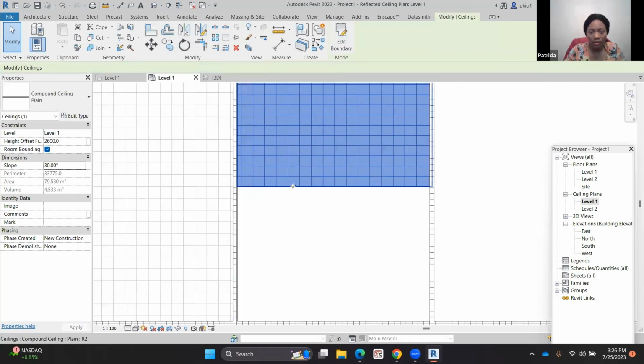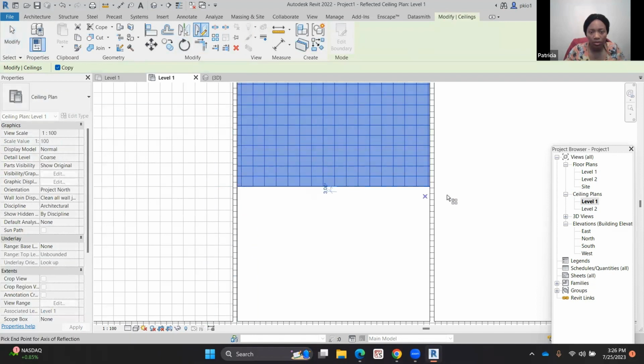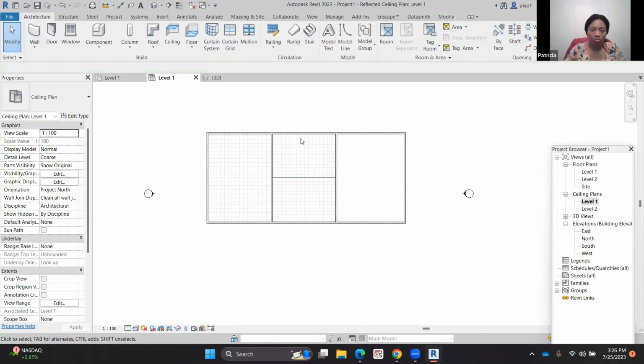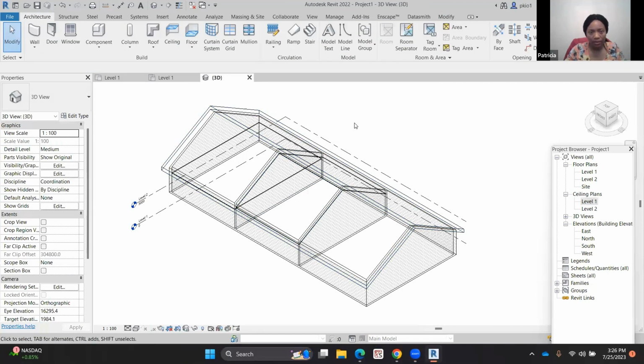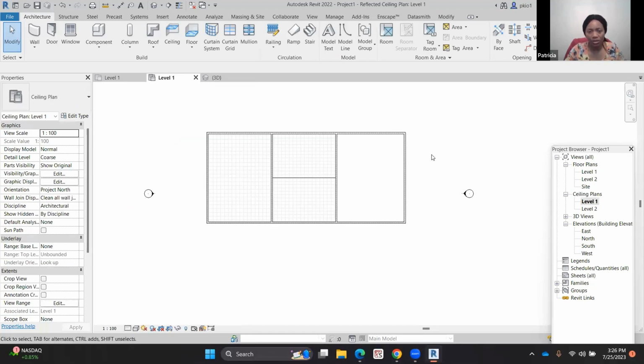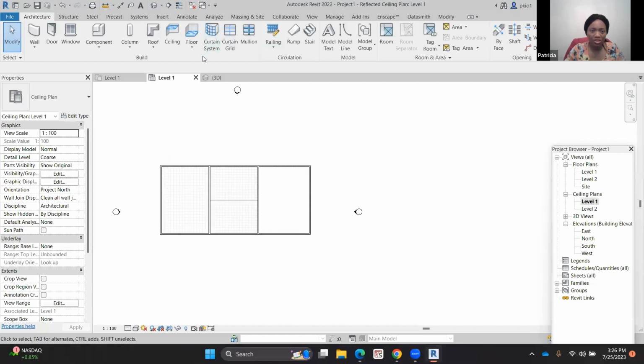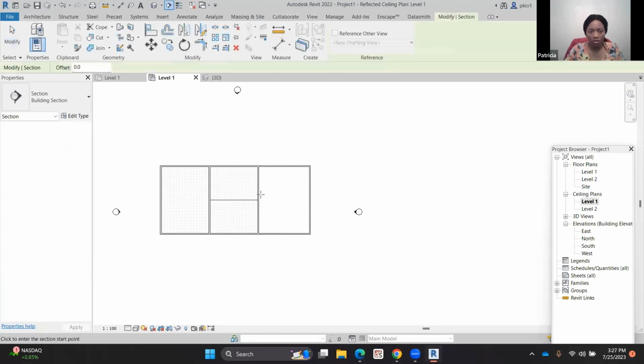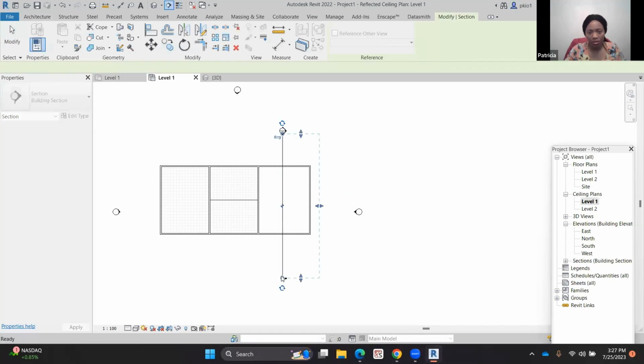We'll draw a line. Select that, and then draw the line. So we have the sloped roof now on the two sides. And then we go to the third one, which is the curved ceiling. Let me draw the section now. I'll use the section so that we can see inside the room. So if I put a section here,